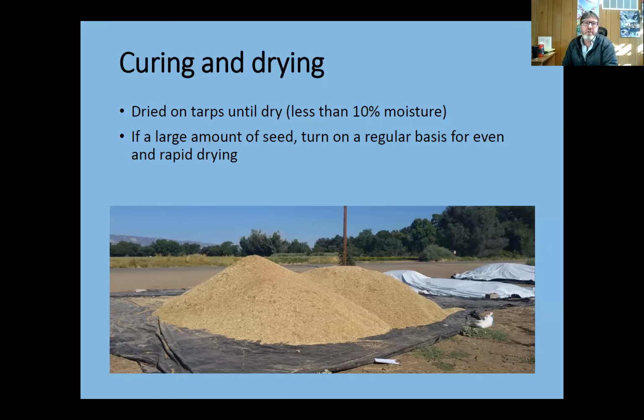An important part of the process is making sure that you're properly curing and drying the material. You want to make sure that the moisture content of that seed is less than 10%. If it's above 10%, the germination is going to fall off relatively quickly. So you want to be down to maybe around 8% before you go through the cleaning process. If you look at the picture below, with a very large pile of seed like that, in order to properly dry it, you actually have to turn it. We have our guys go out there with shovels and turn that material on a regular basis to get even drying across the board before we move it into the cleaning mill. Next slide.